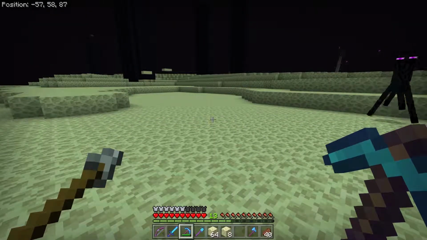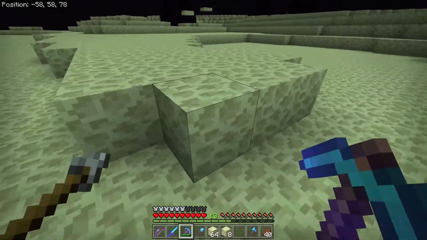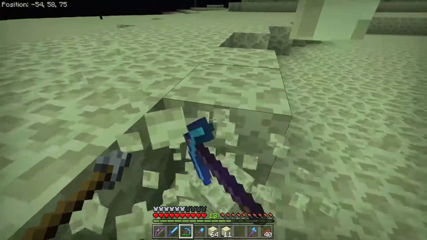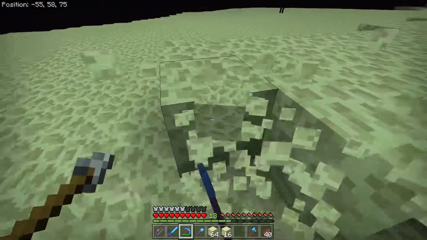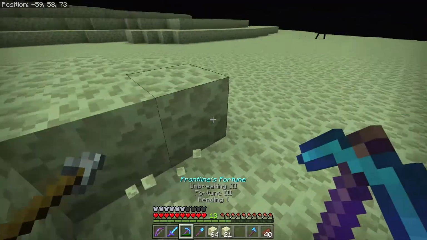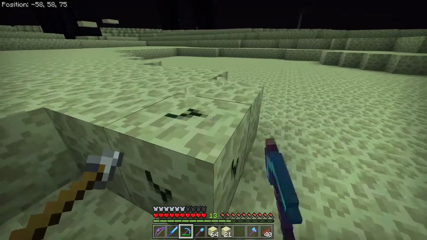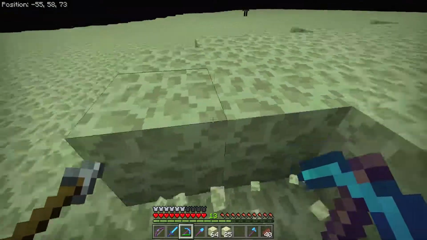I am here in the End trying to gather lots of end stone, because it's something that pretty much no one has anything of. I'm not able to borrow from anybody. It's just a matter of I got mine a lot, and I still have my lame old pickaxe that doesn't even have any kind of efficiency on it, because I'm still waiting for my court case on getting an efficiency